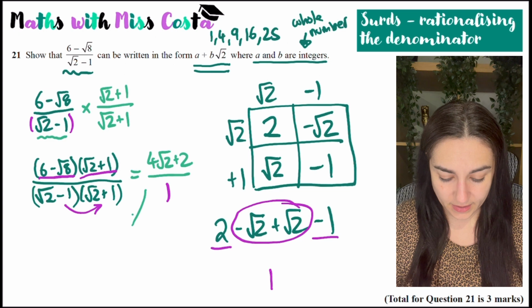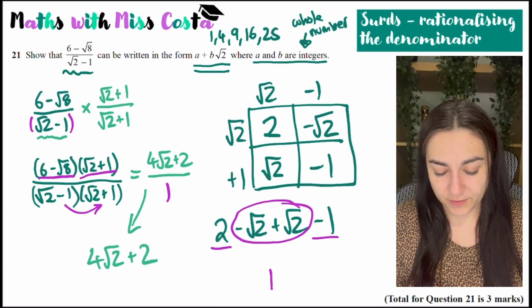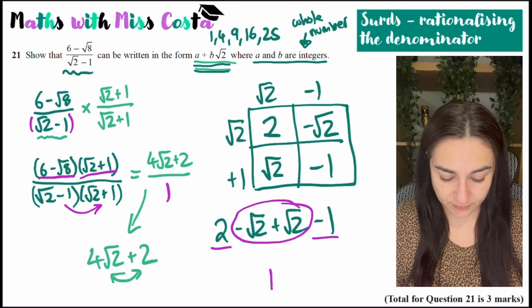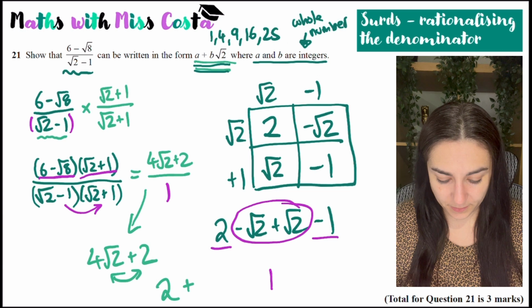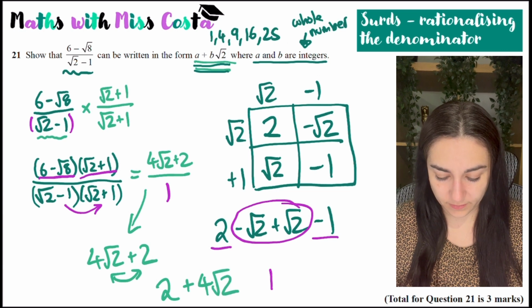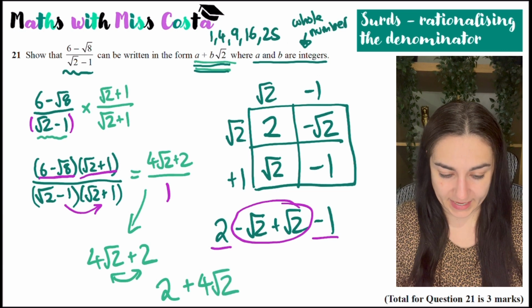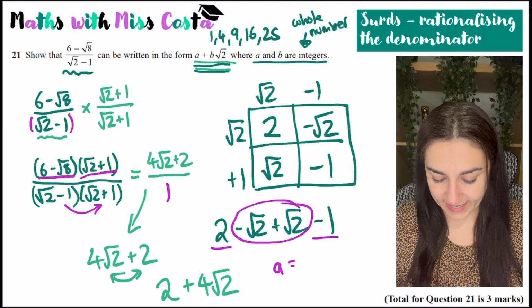And now anything over 1 is just itself. So that would be 4 root 2 plus 2. They've told me that I want to write it in the form a plus b root 2. So I'll just switch these around. So that would be 2 plus 4 root 2. And they haven't asked you what the values of a and b are, but if they were, you'd say a is 2